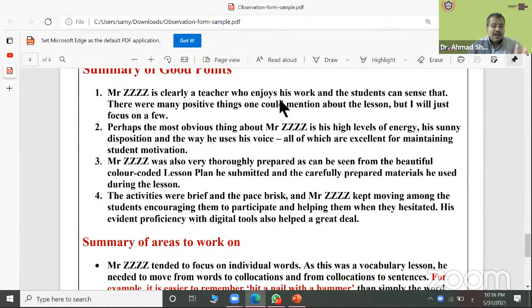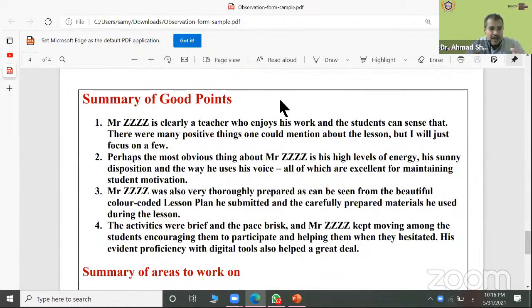Now this is the descriptive assessment of the teacher, or we can say it is the qualitative summary of good points. Mr. Z is clearly a teacher who enjoys his work, and the students can sense that. There were many positive things one could mention about the lessons, but I will just focus on a few.